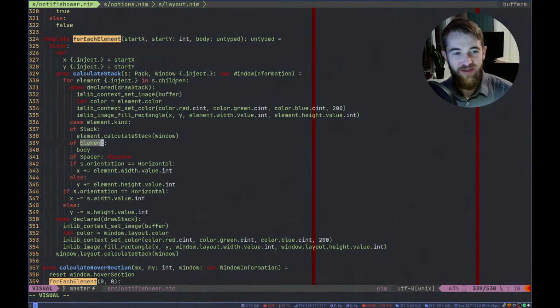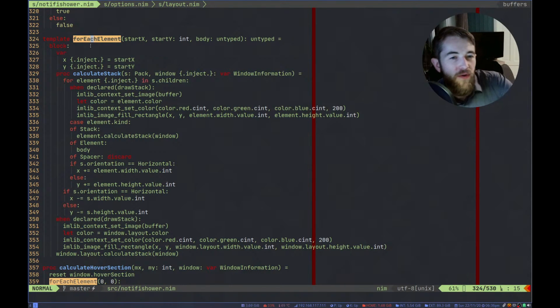But basically this goes through the entire stack and runs this body whenever there's an element, but not when there's a stack. Which is kind of unfortunate, because now we want to do something with stacks. So, how do we want to solve this?